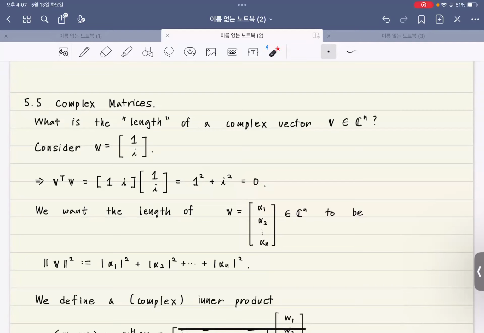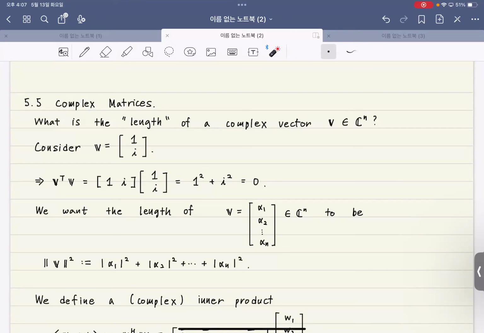But I don't like this. Why? Because in my book, the length of any vector should be 0 if and only if the vector is the 0 vector. But if I use this concept of length, just as we did with real vectors, then I might have some non-zero vectors whose length equals 0. So in order to avoid this,